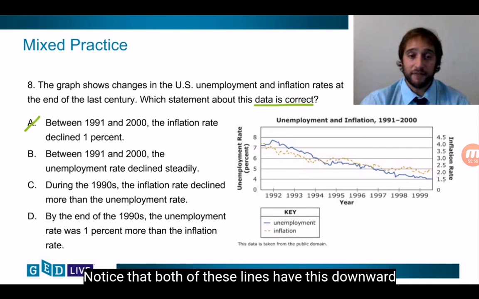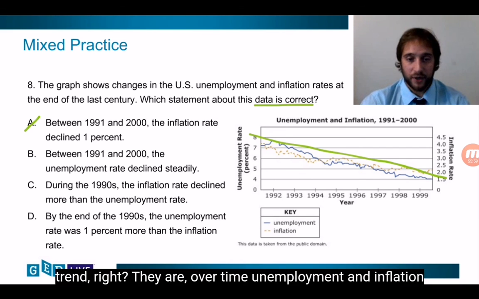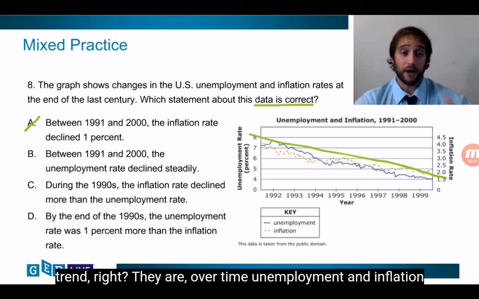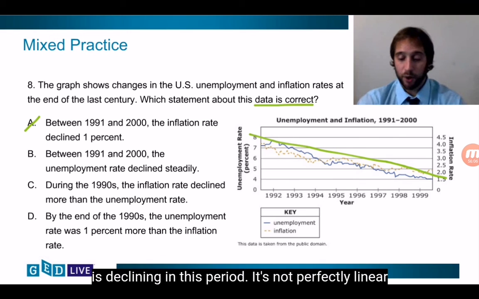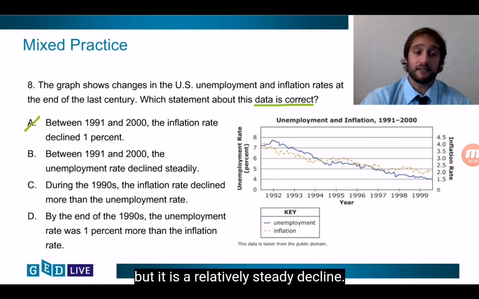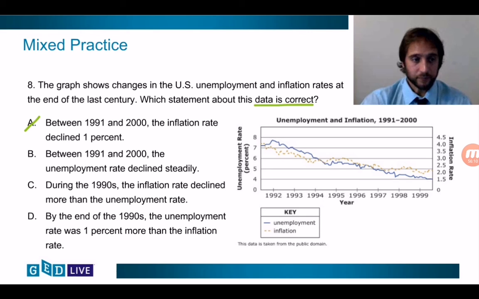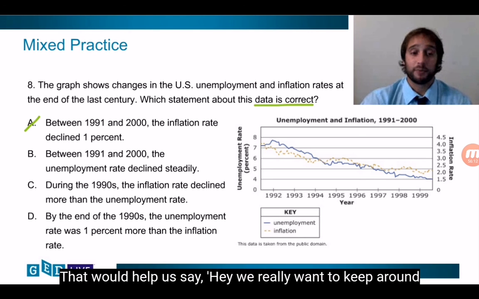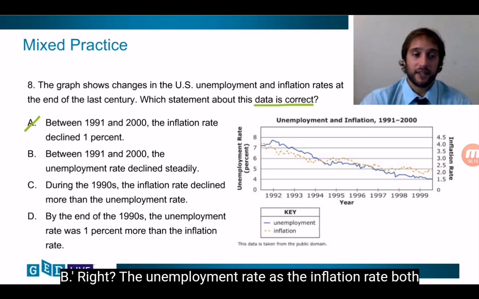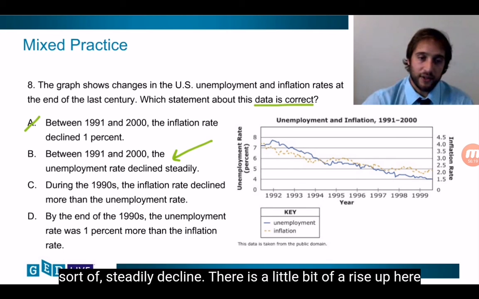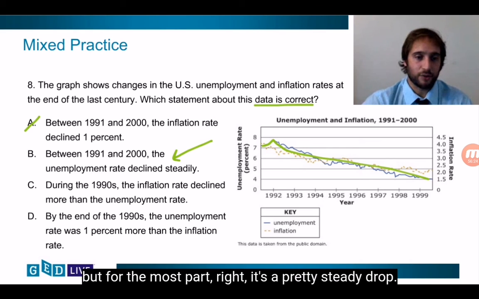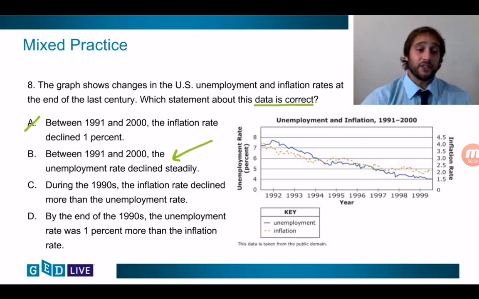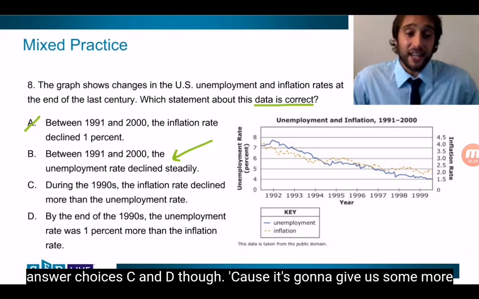Notice that both of these lines have this downward trend, right? Over time, unemployment and inflation are declining in this period. It's not perfectly linear, but it is a relatively steady decline. That would help us say, hey, we really want to keep around B, right? The unemployment rate and the inflation rate both sort of steadily decline. There is a little bit of a rise up here, but for the most part, it's a pretty steady drop. Okay, let's look at answer choices C and D though,